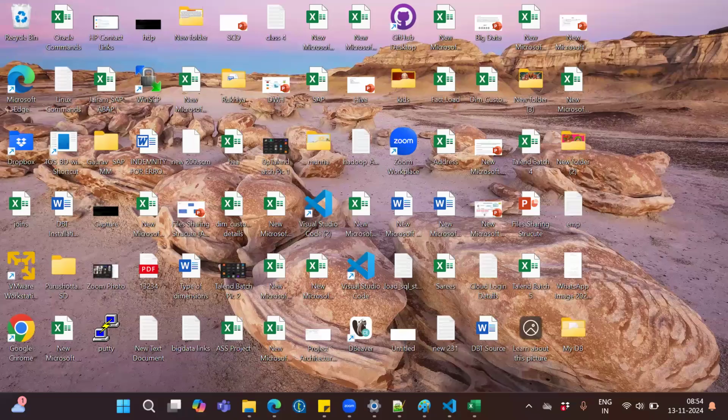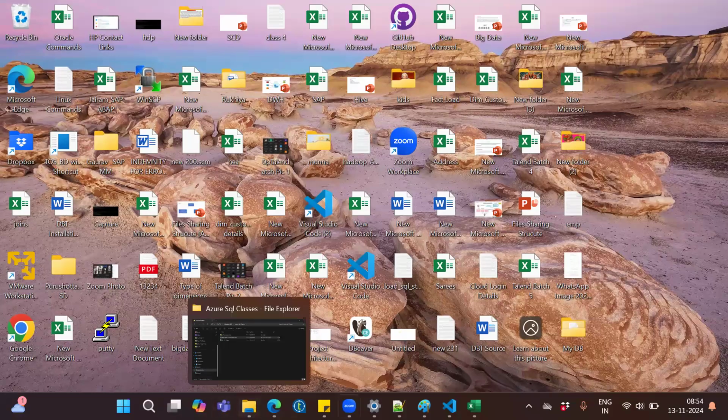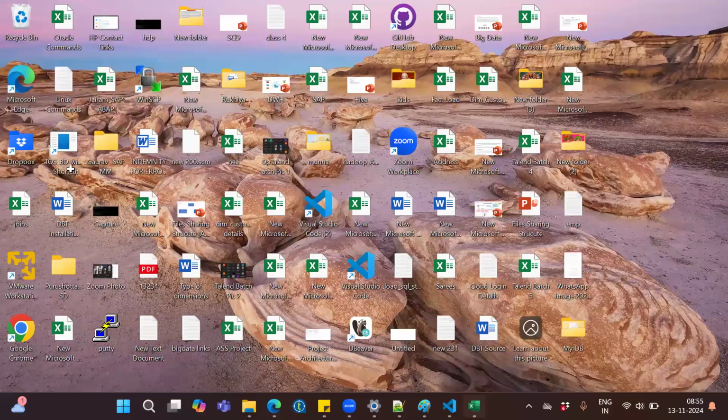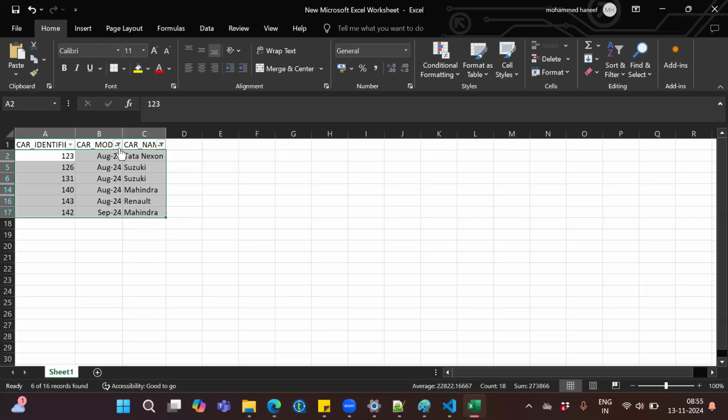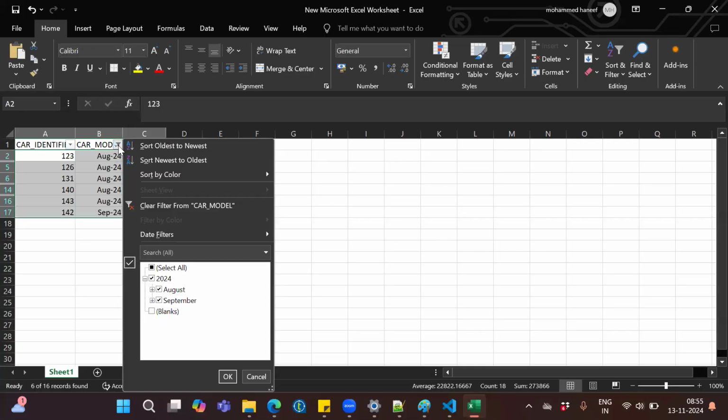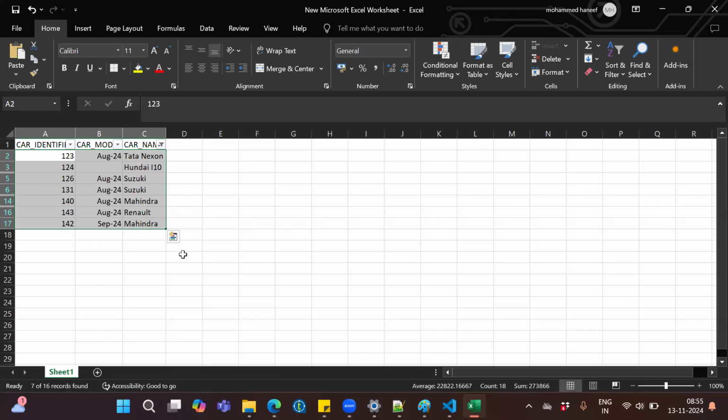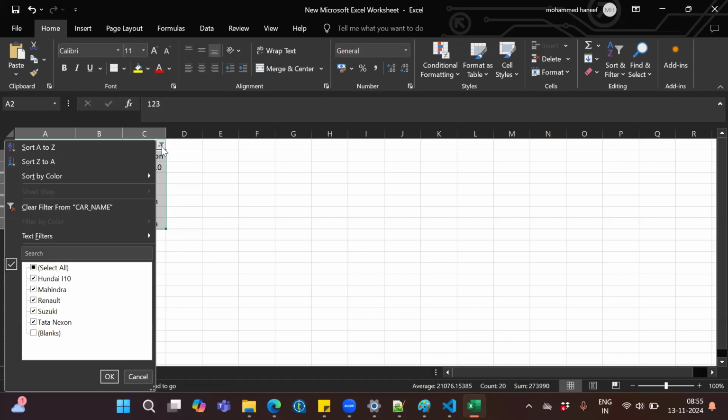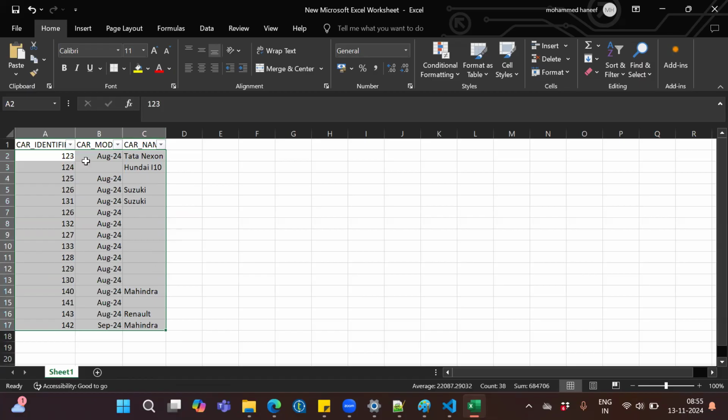Okay, so now we will discuss the delete. Now, if you see here, last class we discussed the filter conditions, right? So now what I am going to do is remove all filter conditions. And now, if I want to delete the records which have a null in the car model,